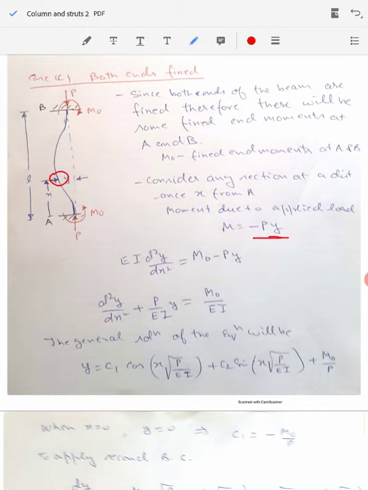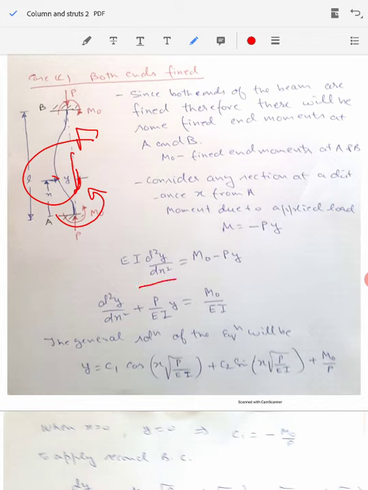that is given by minus P into Y, and then there is a moment acting because of the restraining moment or the fixing moment at the end. So because of that also there will be moment acting at this place. Now you see this moment which is acting because of the applied load is in clockwise direction. If you see here, this is the load direction, this is the point, so it is in a direction of clockwise, while this fixing moment is in anti-clockwise direction, which is opposite to it.